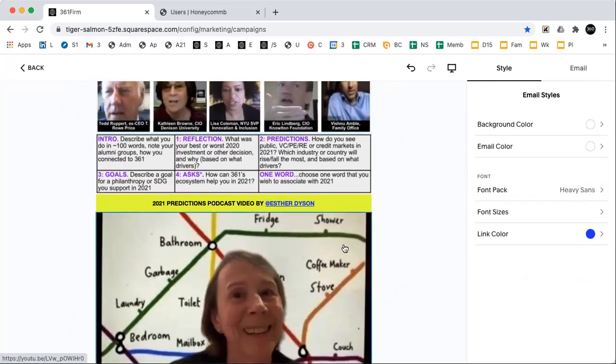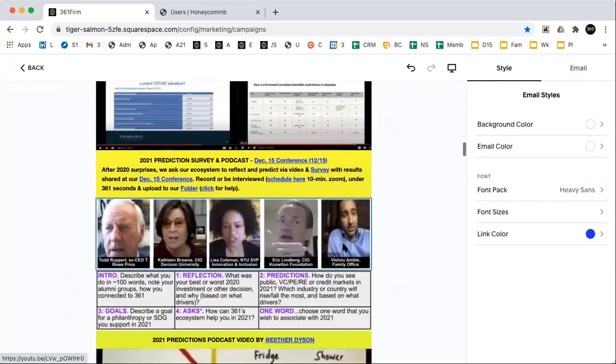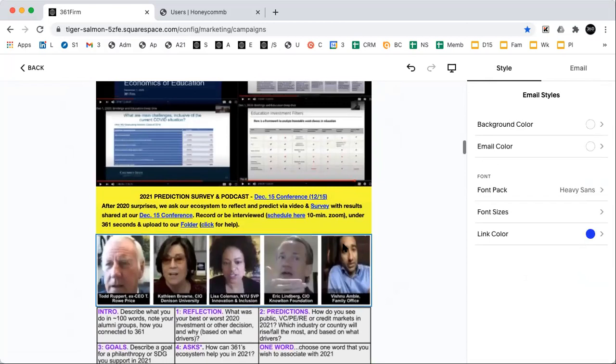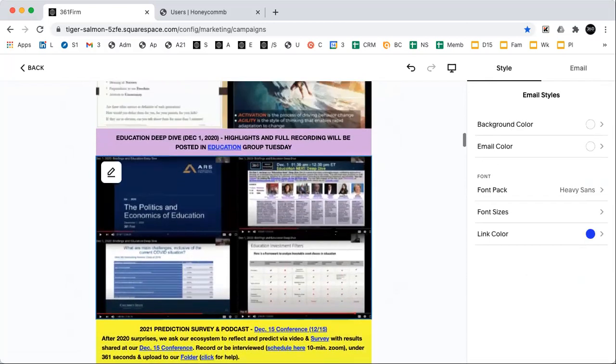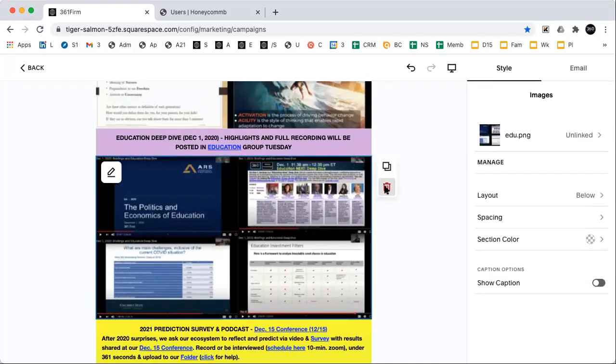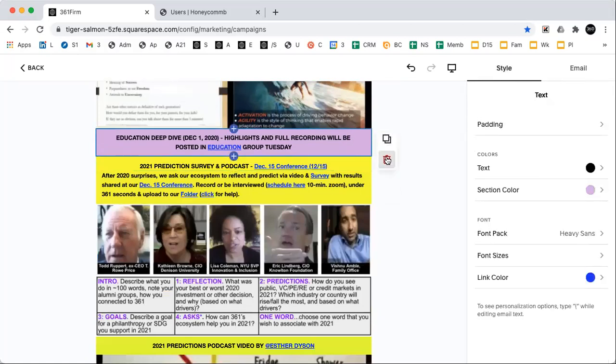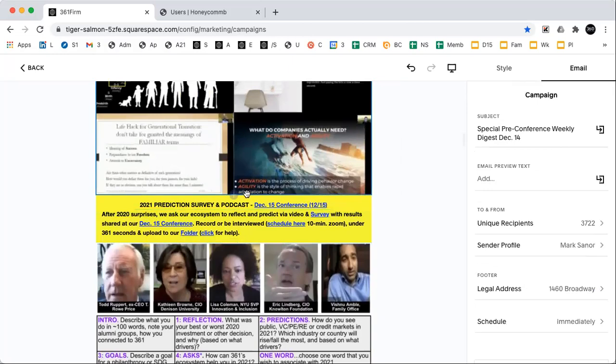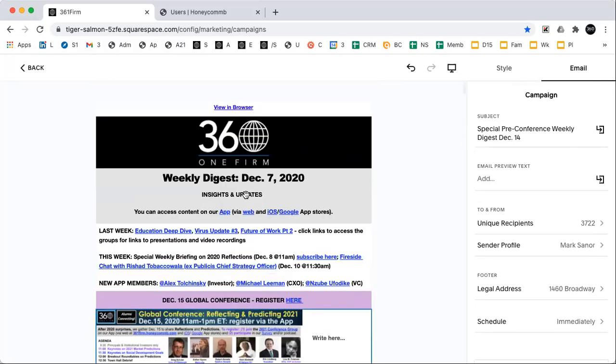Some of this we're going to need to update, and we will. When it comes time to deleting, let's say you simply delete that picture, delete that text, and that's gone. Now, if you want to insert at any place,